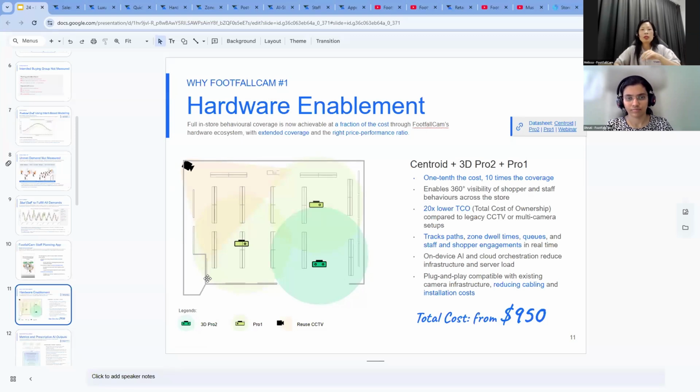Until now, retailers simply couldn't afford to measure what actually matters: the number of attended buying groups at every hour of the day, and correlate that with fulfillment, who got served and who didn't. You only saw the success stories when the sales happened. When this is invisible, you're flying blind. But with the combination of Pro 2, Pro 1, or Central with your existing CCTV, we can use the CCTV at a cost from under $1,000. Now it becomes